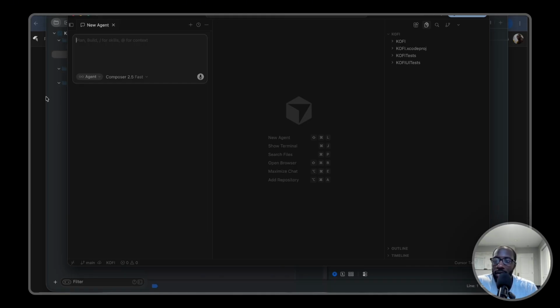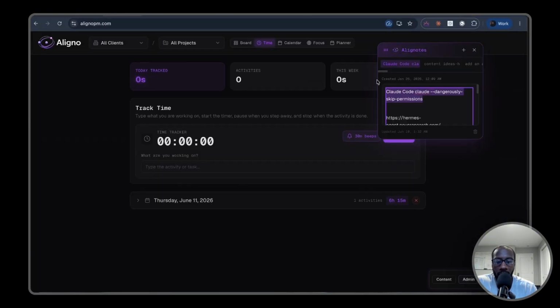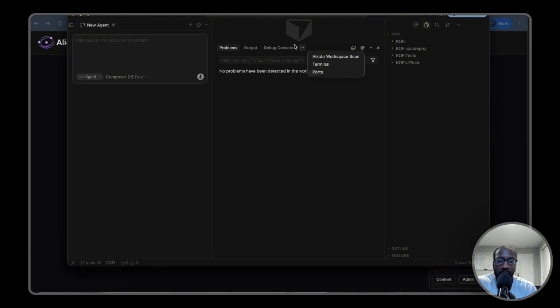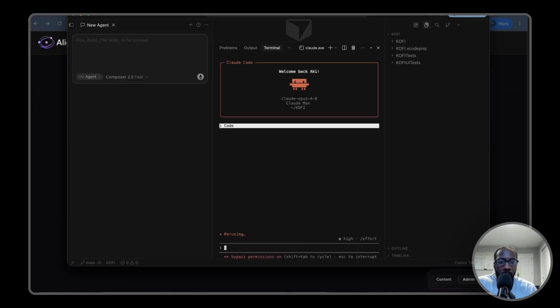So what we're going to do next is copy a particular command. We're going to copy the Claude Code command at the bottom left of Cursor, where it says no problems right here. You're just going to click on that. That'll allow you to open up additional views, open up the terminal, and then you're just going to paste in that command. This command, dangerously skip permissions, is basically a way of being able to code with Claude Code where it doesn't constantly ask you for approval